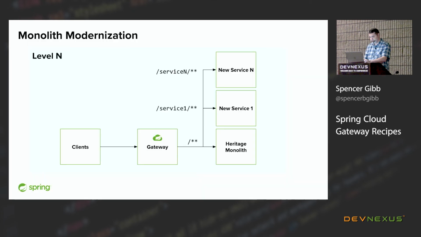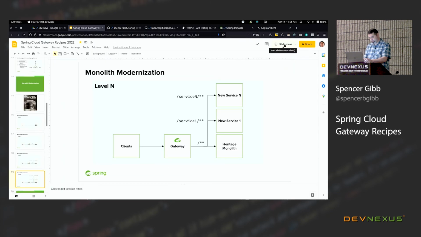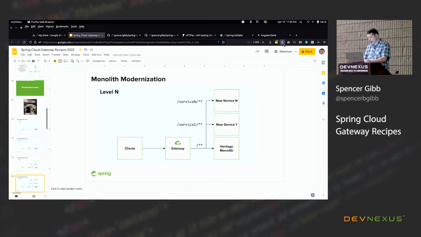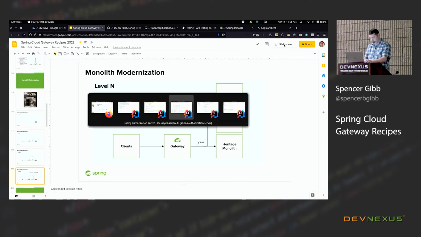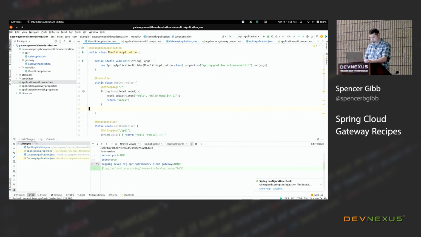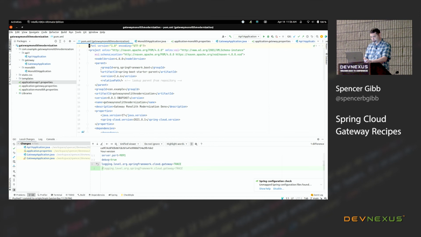So back to IntelliJ. How are we doing on time? We're good. All right. So in this example, we'll start with, let me show you my